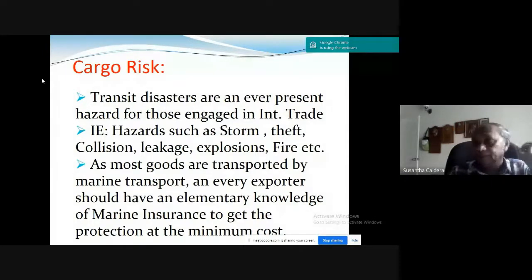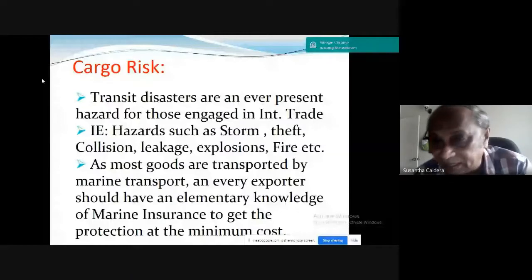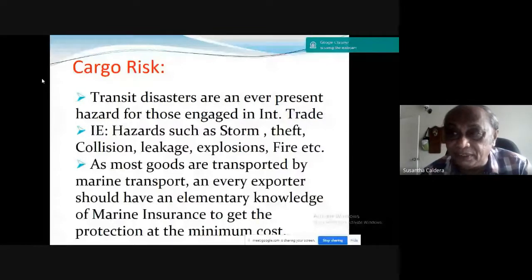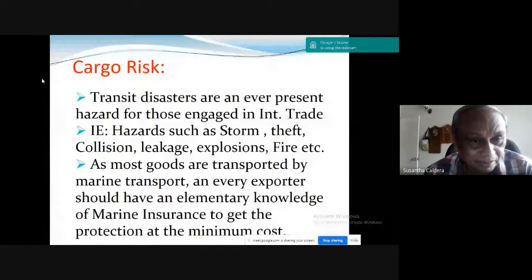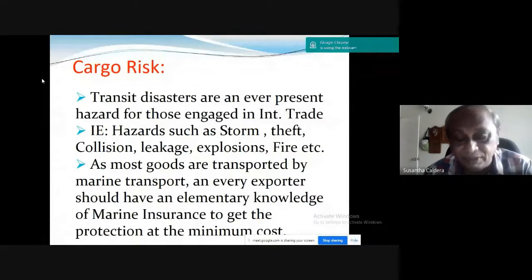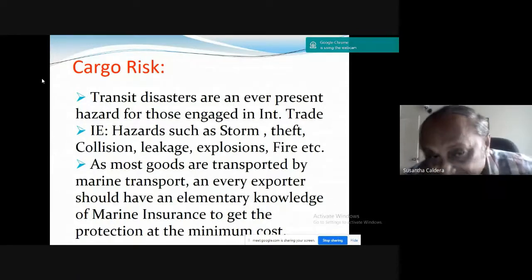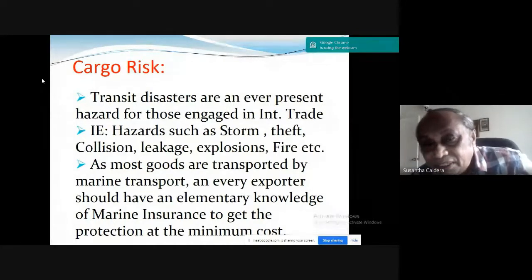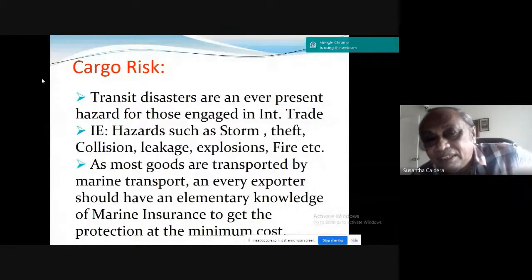Such as storms, theft, collision, leakage, explosions, fire, all those things. Right? Those are cargo risks. There are certain countries where, if you bribe the customs, you can take an elephant into the country. So that type of theft, collision,